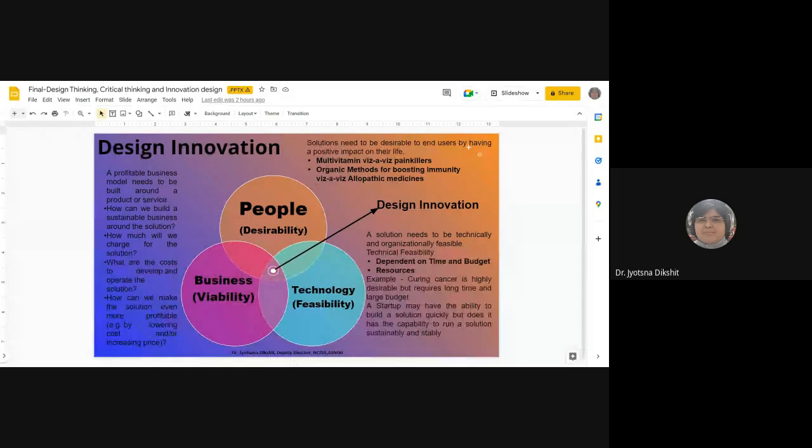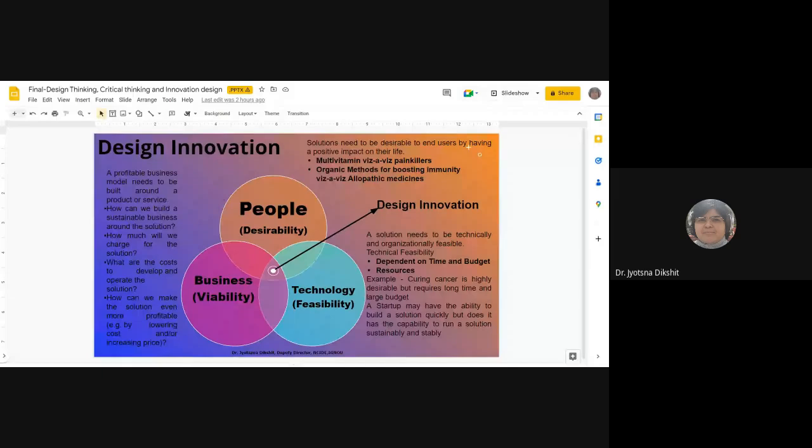So basically, through these case studies, what we found out is a very common thing: for innovations to happen and to go to the market, it is very important that we look at the ideas in our mind from the point of view of desirability, feasibility, and viability. Whether the people for whom we are going to develop the solution want it or not, whether the technology we are going to use to develop the solution, service, or product is feasible or not,